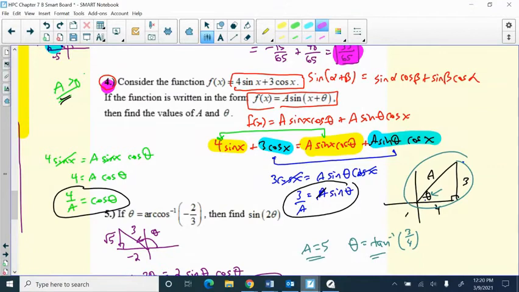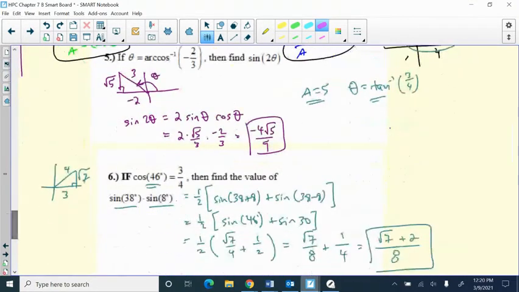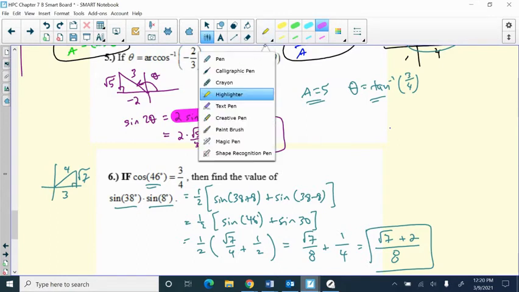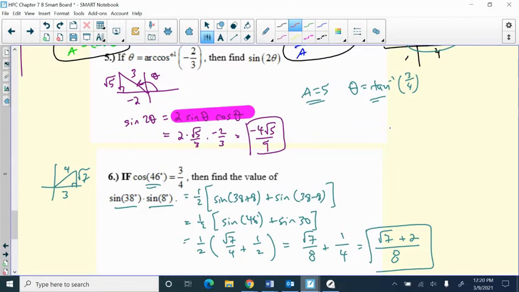Okay, we already did number 4 in the first video, so let's jump down to number 5. Similar question, like sine of 2 theta. So I have the expansion of what sine of 2 theta is, and how do we draw theta? We draw a cosine ratio negative in quadrant 2, negative 2 to 3, and we get a missing length of root 5. So then when we expand it, we should get 2 times root 5 over 3 times negative 2